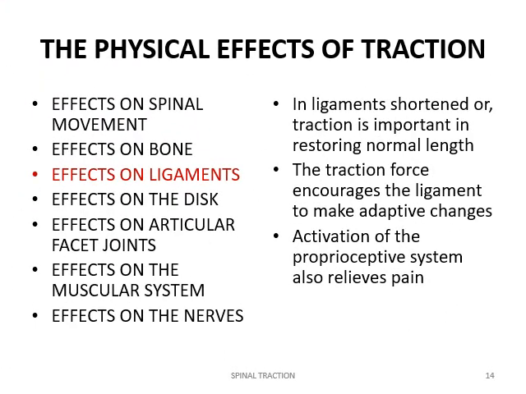The ligaments have viscoelastic properties that allow them to adapt slowly in response to mechanical loads and to return to their original form after removal of the deforming load. With rapid loading, the ligaments become stiff and they resist the deforming force. So slow loading allows the ligaments to lengthen slowly with minimum risk of injury. If any ligaments are shortened or contracted after injury, or they have undergone adaptive shortening, slow loading traction may help to restore their original length.